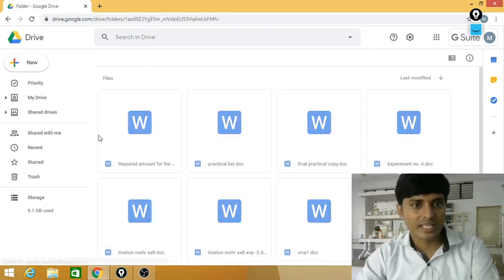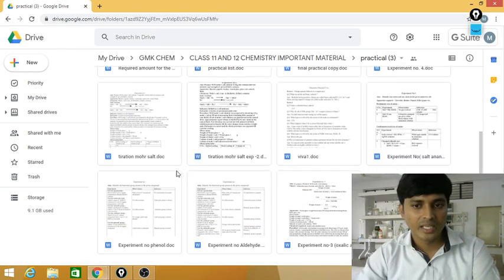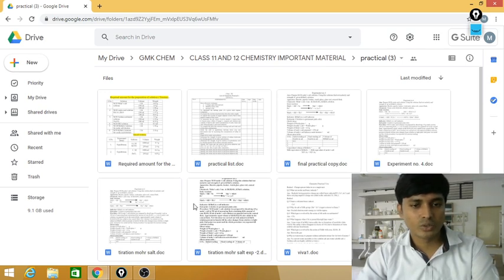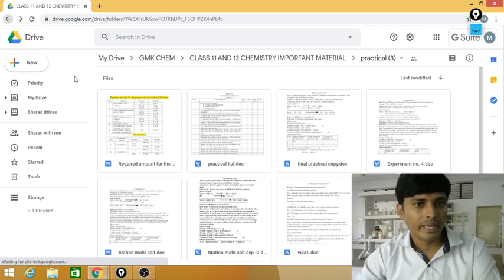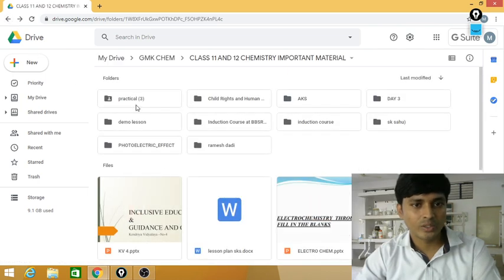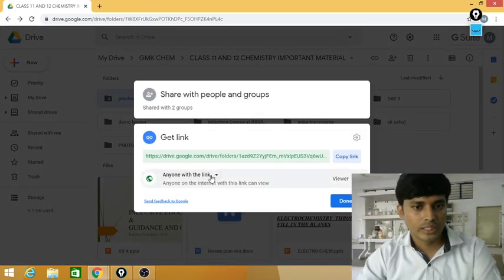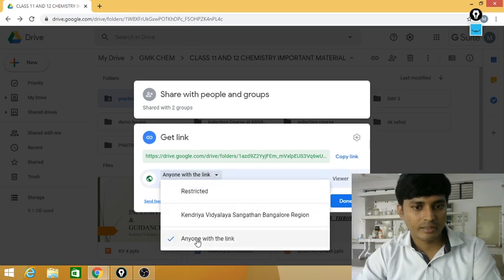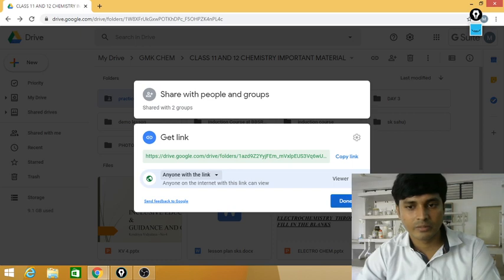So here files are there. If you want to give a particular file, you can, but I want to give the students access to all the practicals material. So I will go back and give total access to this practicals folder. I will select get link and change it to anyone with the link, since by default it is restricted.